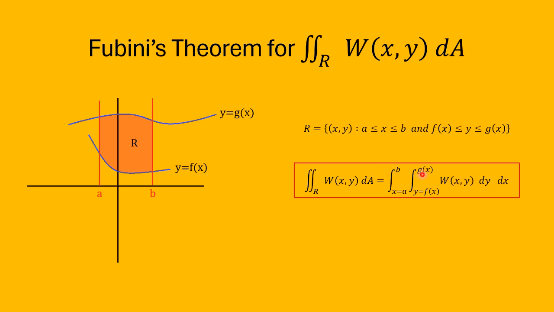This is an important formula, and it holds for any function w which is continuous on this region R that we're integrating upon. And this formula is in rectangular coordinates, and remember double integrals came from